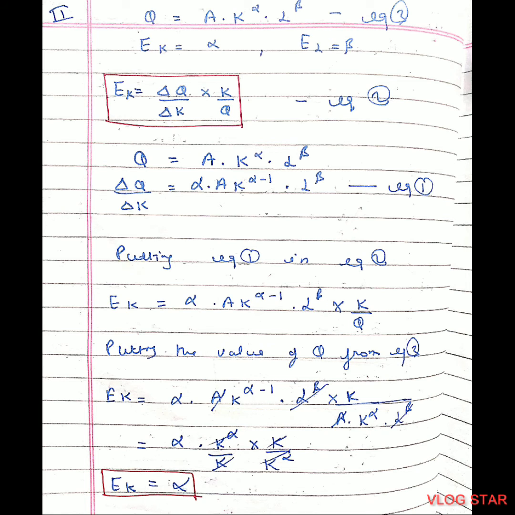So can we write K to the power alpha minus 1 as K to the power alpha multiplied by K to the power minus 1. So now we'll do the reciprocal. This can be further written as K to the power alpha divided by K. So now in the next step, we get alpha K to the power alpha upon K multiplied by K divided by K to the power alpha. So now we can cancel out K by K, K to the power alpha by K to the power alpha. So now we get elasticity of capital is equal to alpha, hence proved.